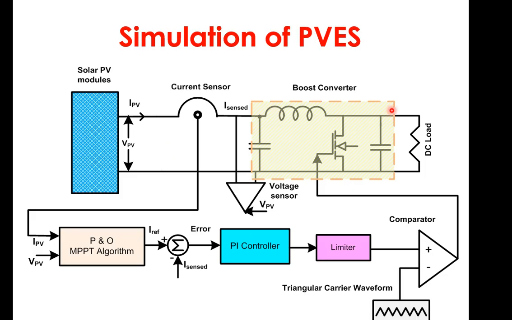Similarly, this is the simulation of the photovoltaic energy system, that is PVES. We are having the solar module connected with the boost converter. Again the same thing, an algorithm generating the reference current. This is the new thing, because till date we have done lots of simulations on voltage perturbation. This is the current perturbation. The basic aim of current perturbation is the large impact of the radiation on the short circuit current, and comparatively the modules are connected in series, so you'll get less chance of dropping of current, and you will get an accurate result of the I reference sample.